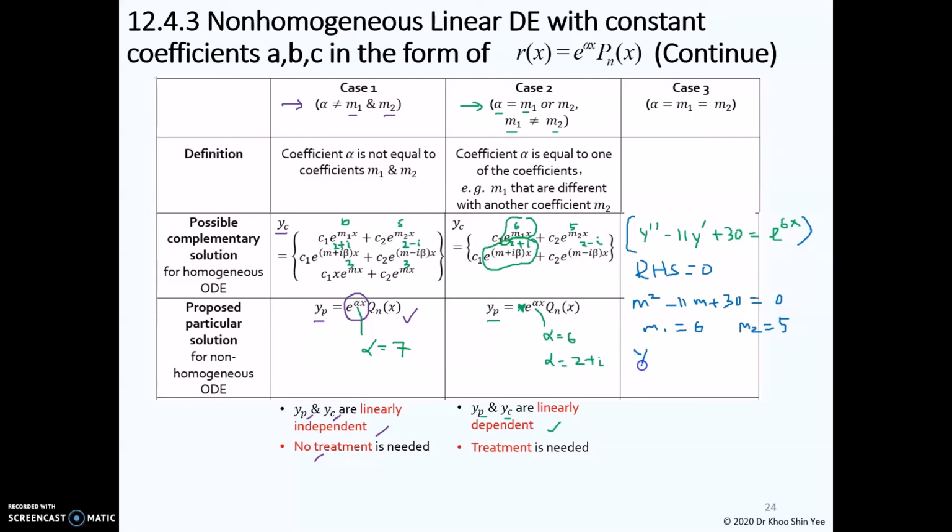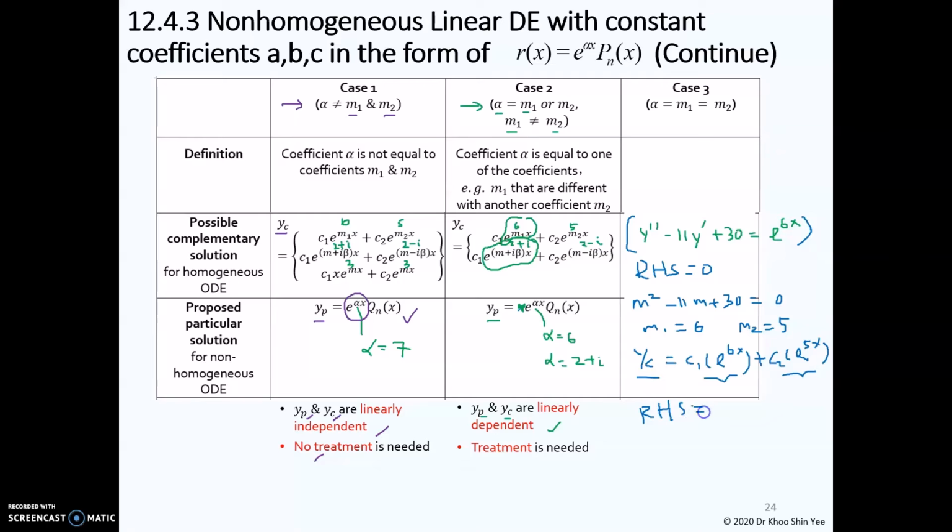With that, you can form the complementary solution, which is equal to constant 1 multiplied with exponential 6x plus constant 2 multiplied with exponential 5x. Since solution 1 and solution 2 here are linearly independent, no treatment needs to be done in this case. So this is our complementary solution. So we continue